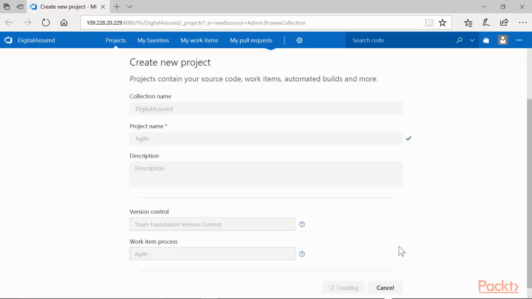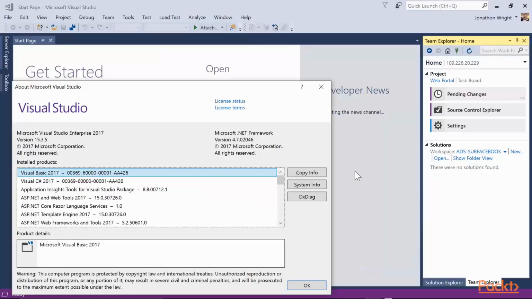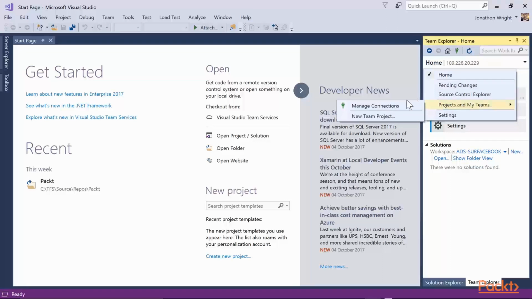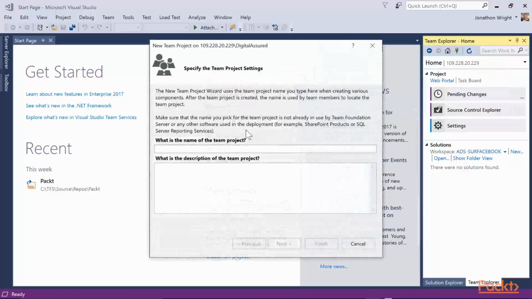This time I'm going to show you how to create it using the Visual Studio IDE, the Integrated Development Environment. As you can see, I'm running Visual Studio 2017 Enterprise. I'm going to connect to my project, and it's the same Team Foundation Server. I want to create a new project, so all I need to do is go to Projects and Teams, click New Team Project,